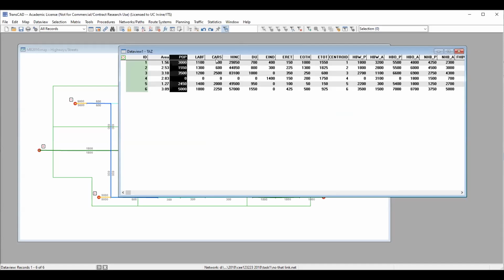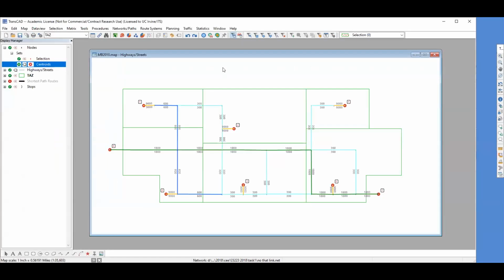So check with task 3 later on. You should be able to see the numbers match here. Check with your own project, and that's important for future tasks, for task 3 and future. So that's another part. And now we need to modify the data view to get the next part, which is